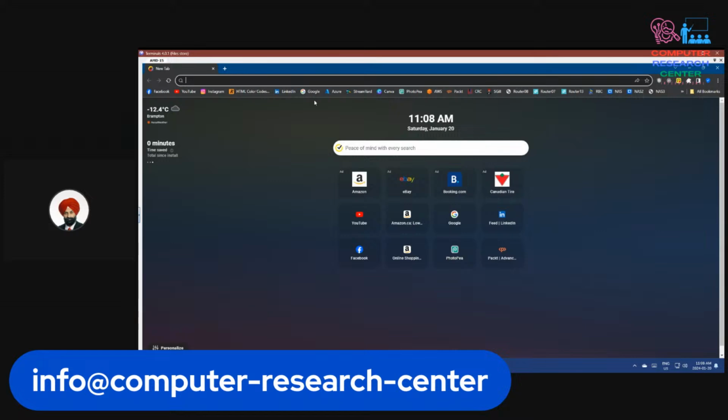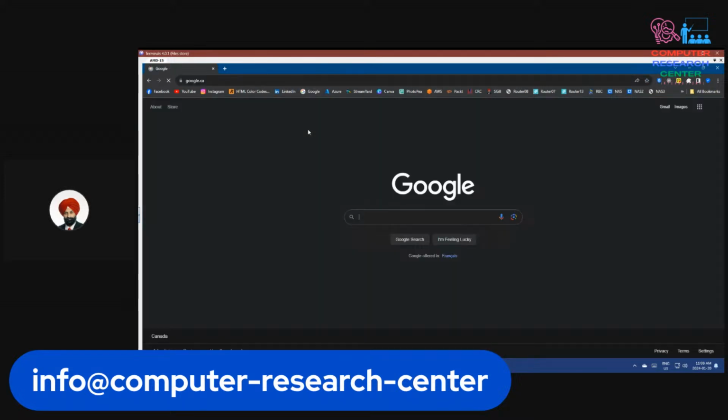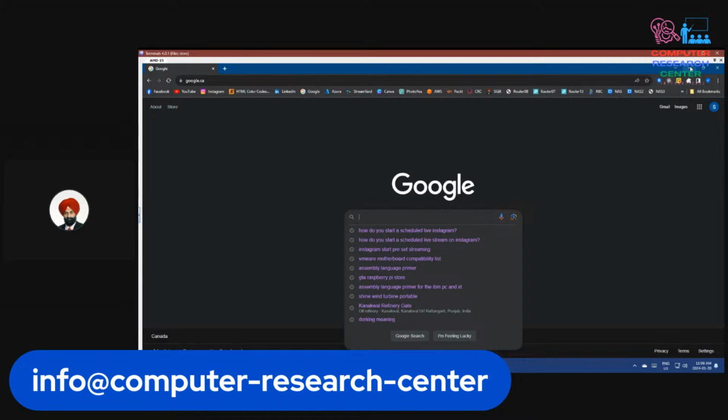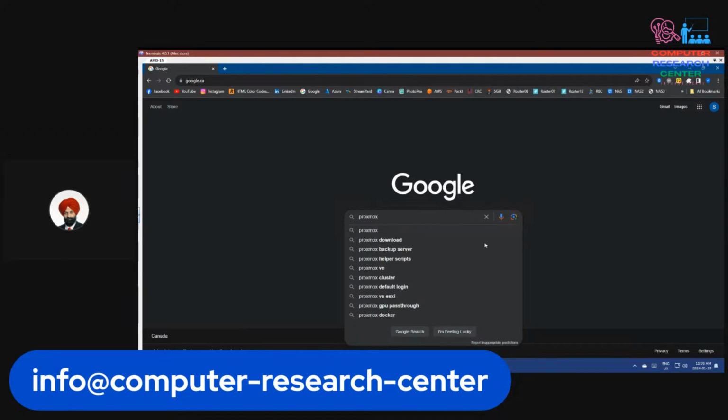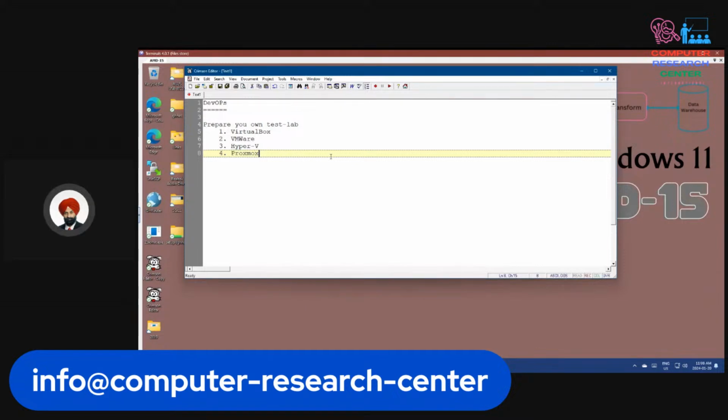Let me search it back, maybe I forgot the name. Very friendly and very comprehensive type of thing. Proxmox download, Proxmox backups, Proxmox cluster. Yeah, Proxmox. So Proxmox is a Linux-based one, and now let me tell you one thing: this one, VirtualBox,